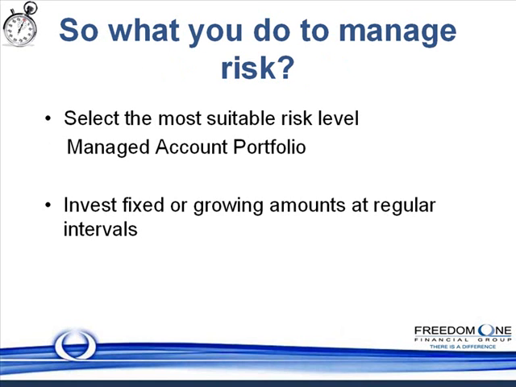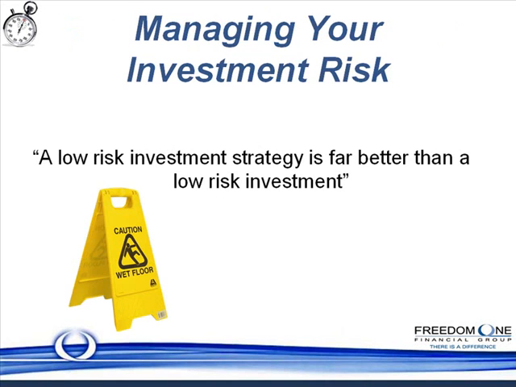What is it that you as an investor can do to help mitigate investment risk? The first is select what's the most suitable risk level for you by selecting the proper managed account portfolio, or MAP. We have designed an investor questionnaire to help aid you in this process. The second thing you can do is to invest fixed or growing amounts at regular intervals, or dollar cost averaging. This will allow you to purchase both when the markets are high as well as when they are low, thus cutting out some of the volatility of the portfolio. Therefore, through this strategy of combined efforts of Freedom One and your MAP selection with contribution persistence, we're able to